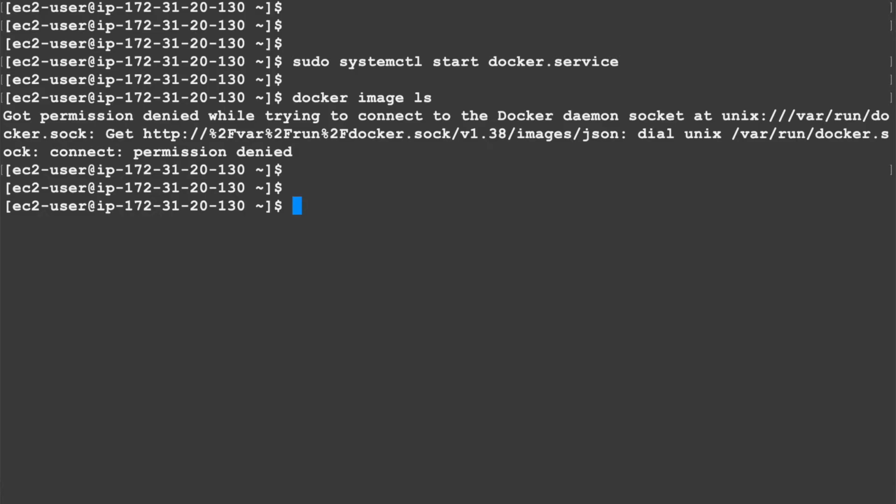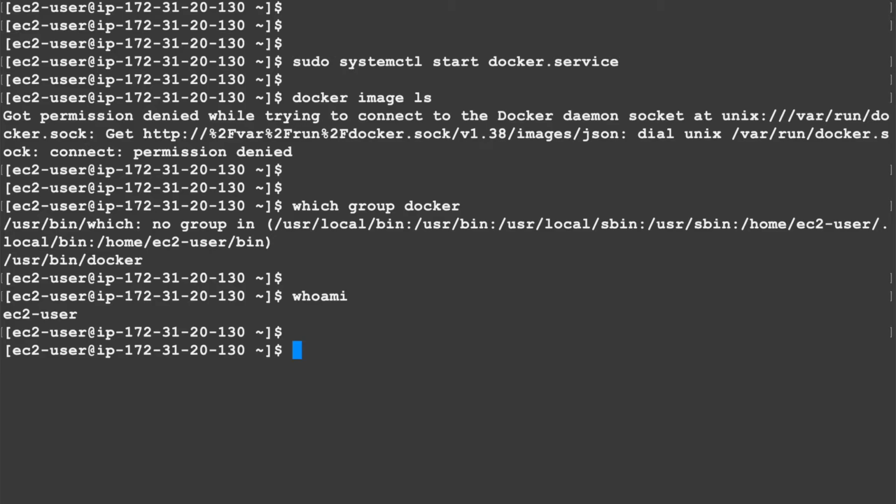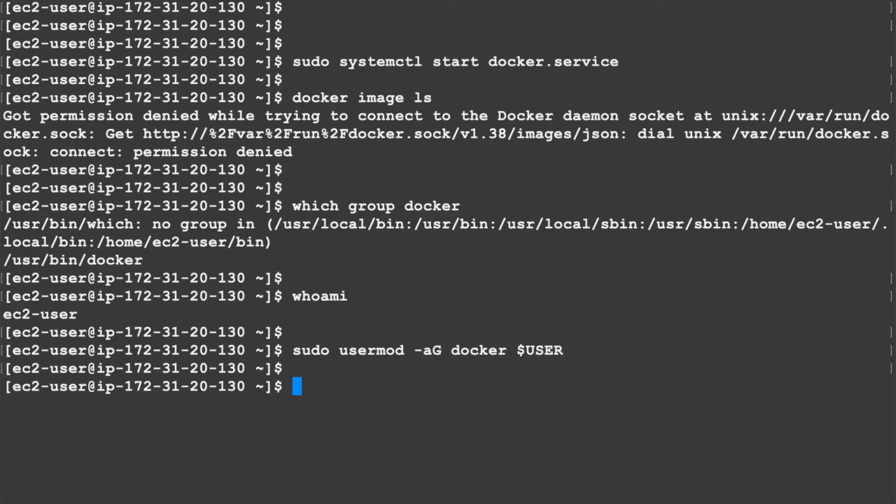Now what Docker does is, when you install Docker, Docker creates a group named docker. So this is the group which Docker creates by default after installing. If you want to run all the commands without using sudo, without being root, then you'll have to add the user to this particular group, docker. Now as you can see, I'm logged in as ec2-user, or if you type whoami, it'll show you that I am ec2-user. So I'll have to add this user, ec2-user, to the docker group. This is the command to add the user to the docker group.